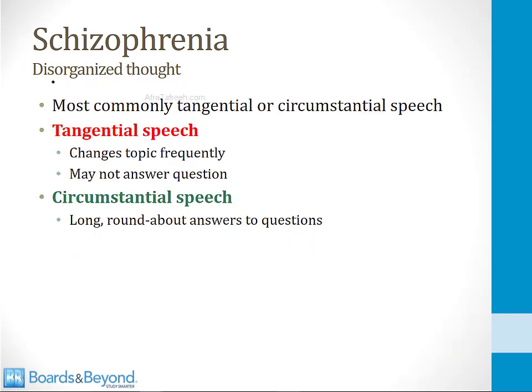The disorganized thought in patients with schizophrenia most often manifests as either tangential speech or circumstantial speech. Tangential speech means changing topics frequently and having difficulty answering questions. When you meet patients with schizophrenia on your psych rotations, you'll find that they're very difficult to talk to because it's hard to keep them focused and answer your questions without going on to other things. Circumstantial speech is very similar. Circumstantial speech refers to long, roundabout answers, and it takes them a long time to get around to answering your questions. So medical students are often asked to take a history of schizophrenics on their psych rotations, and this always proves to be a challenge because you find out that it's very hard to keep them on topic.